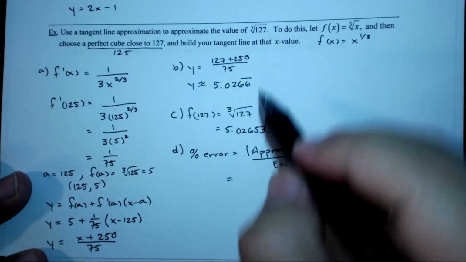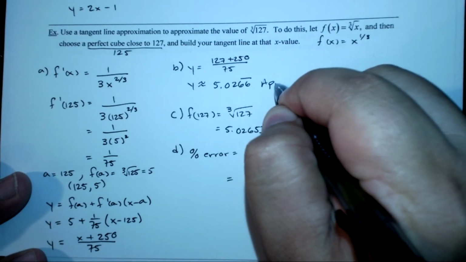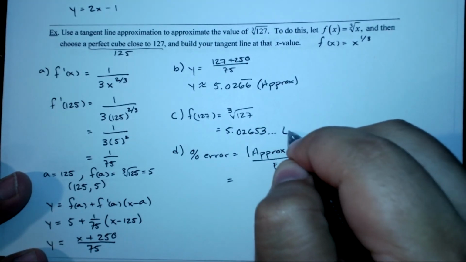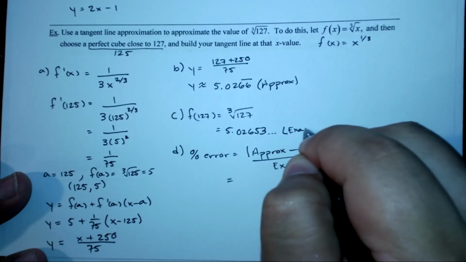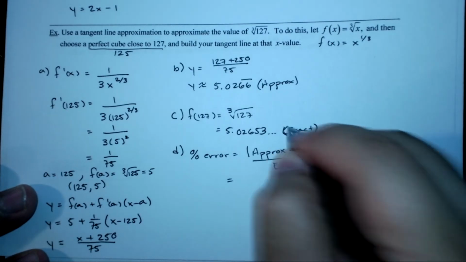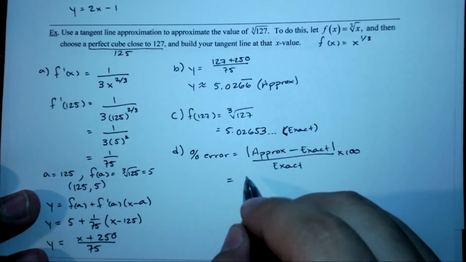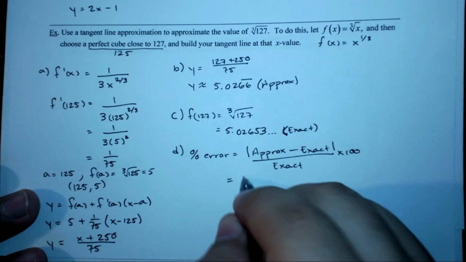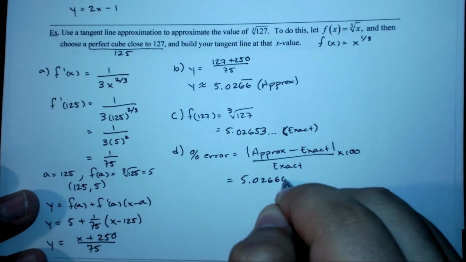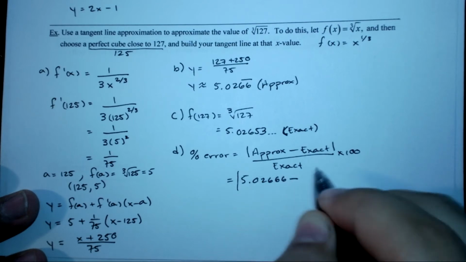So here's our approximate, here's our exact. And when we plug this all in, we have 5.02666 minus